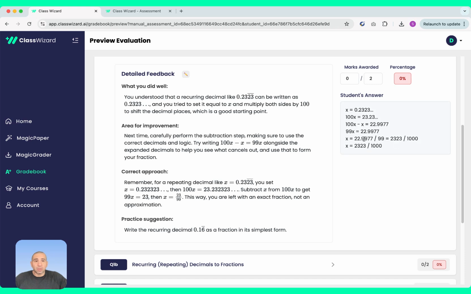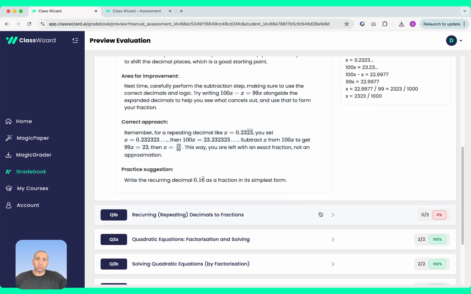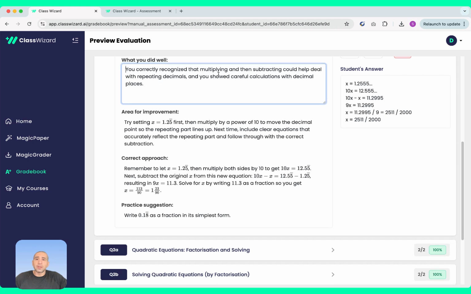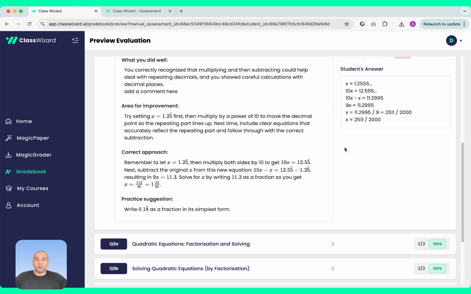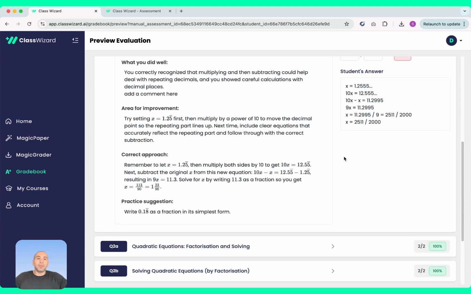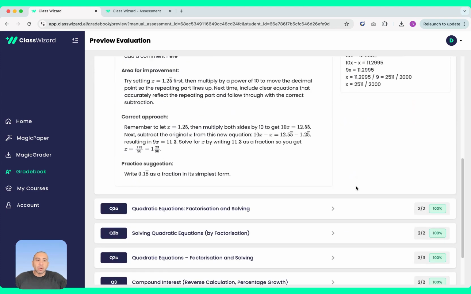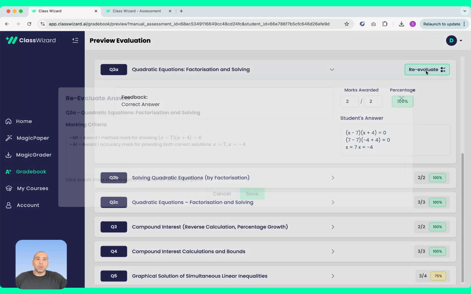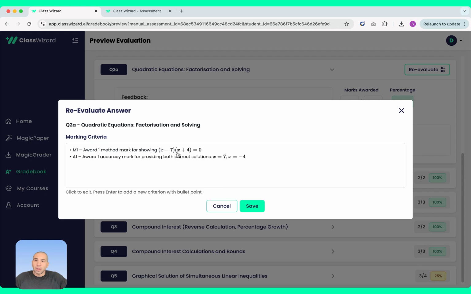You can see the students' answer on the right-hand side, the mark awarded, and here what they did well, the area for improvement, what was the correct approach, and also a practice suggestion, so a follow-up question for them. As I mentioned, everything can be edited by you before sharing with the students. So if you want to add a comment here, you can do so, and it will be added into the evaluation report. If you want to reevaluate a specific question, you can do so, and you can also change the marking criteria